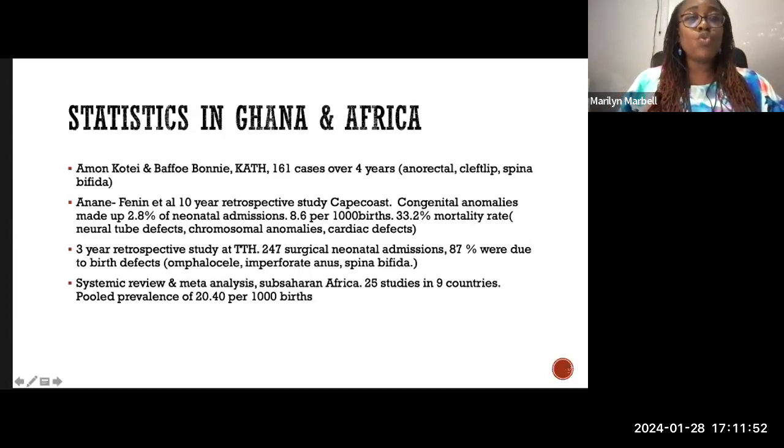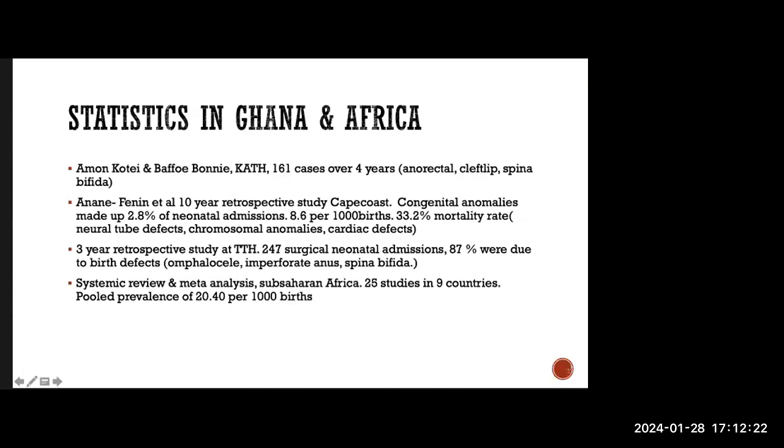So in Kumasi, Komfo Anokye, Kote and Bonny looked at 161 cases over 4 years, and they found different defects, including anorectal defects, cleft lip, spina bifida. We'll talk about some of them when we look at the examples. So this was according to significance. And then in Cape Coast,